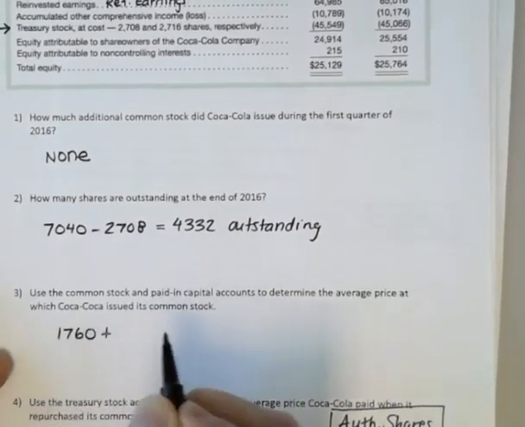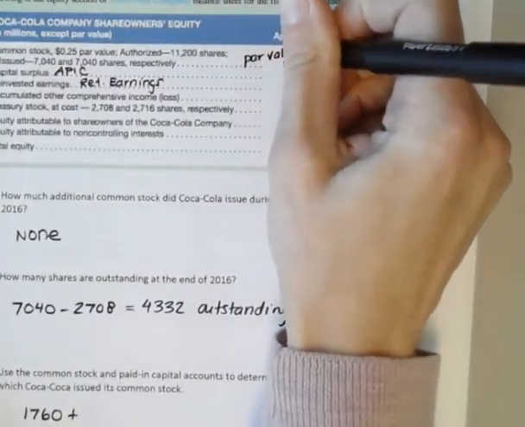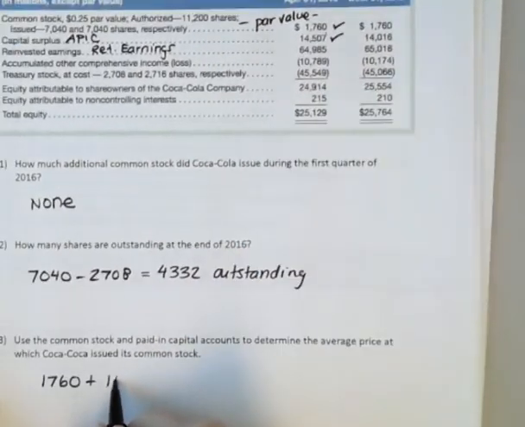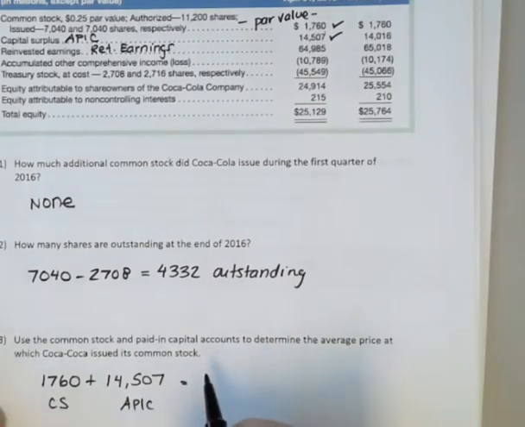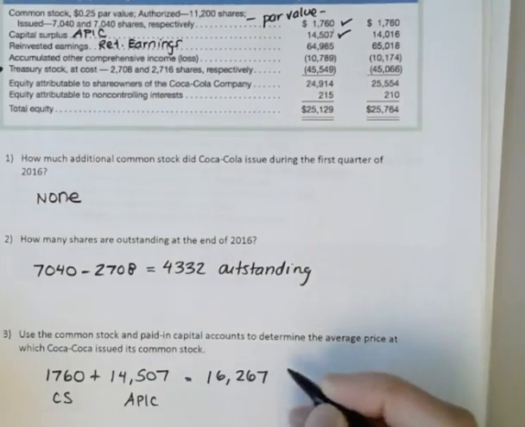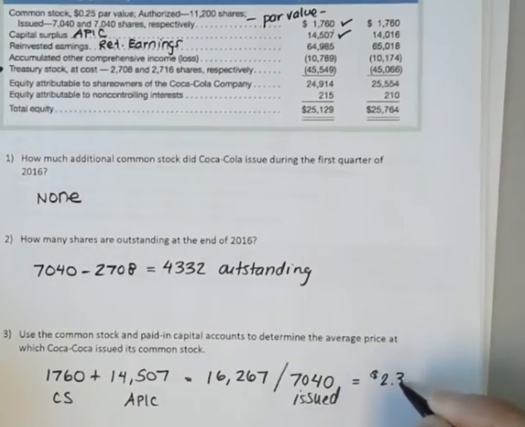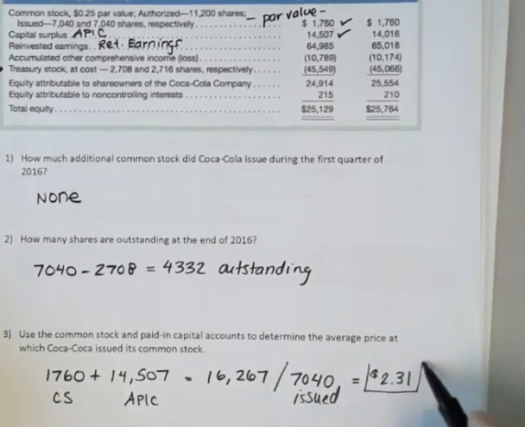So if I take $1,760 for their common stock amount, and remember this amount relates to the value of their par, plus their additional paid-in capital of $14,507, I get a total value of $16,267, which if I divide by the number of shares that are currently issued, the 7,040, I get an average value of $2.31, which means that whenever Coca-Cola issued its common stock, on average, the shares were issued